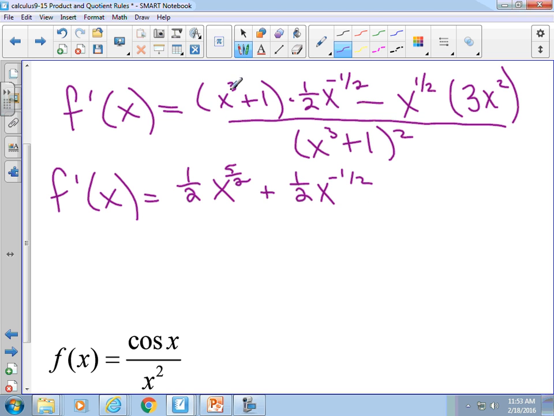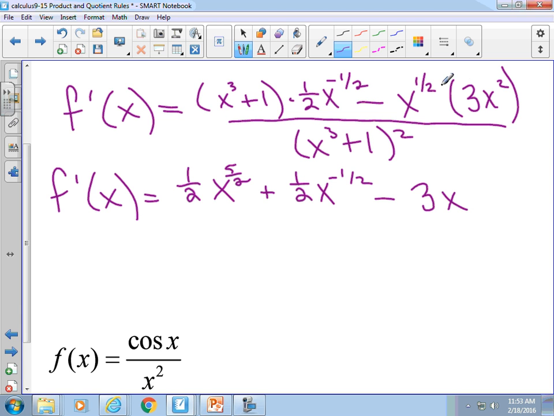The 3 and the negative 1/2 added together, because you add exponents, and so you get 2 1/2, which is 5/2. I haven't finished. This is just this piece, just those two. Minus